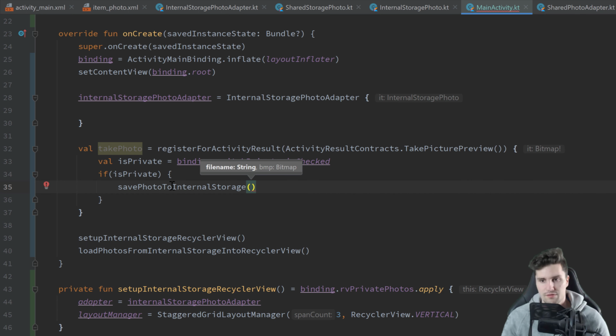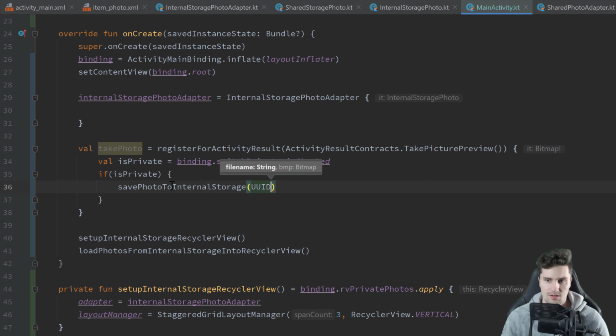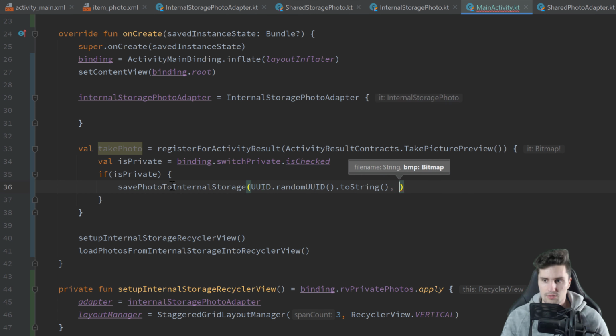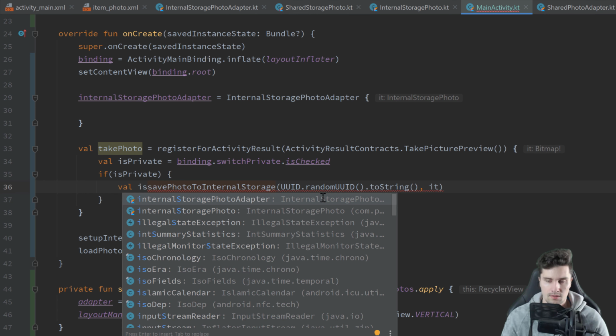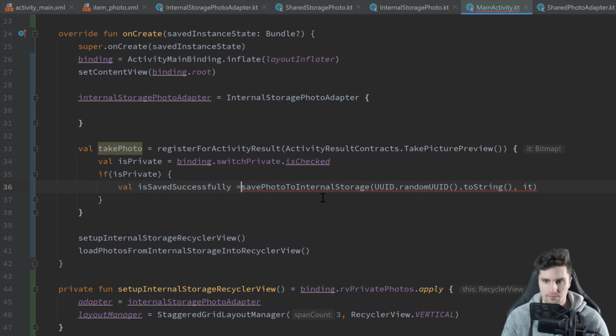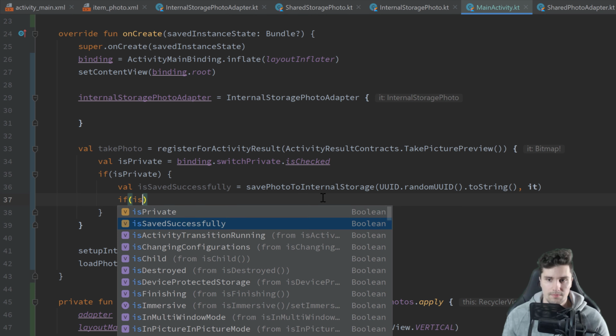For the file name, I will just randomly generate one here using a UUID. So just a random UUID.toString, and we pass it here, which is our bitmap. And this function will actually now return if that saving was successful. So let's save that in a variable isSavedSuccessfully. And if it was saved successfully,